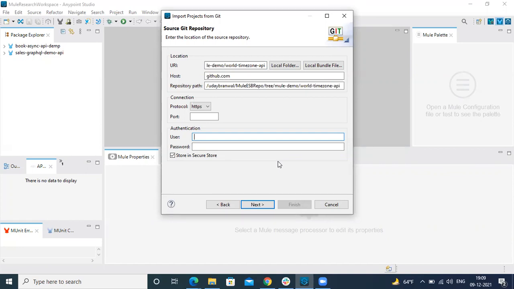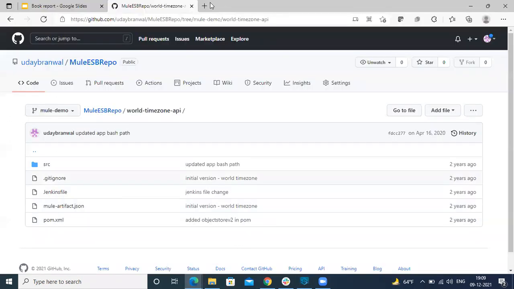It used to be possible, but now Git does not support it. You need to create your personal token, and then along with your user ID, AnyPoint Studio will communicate with the Git repo. So first we will see how we can generate the personal token.